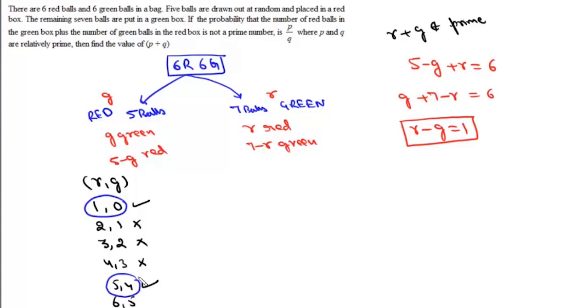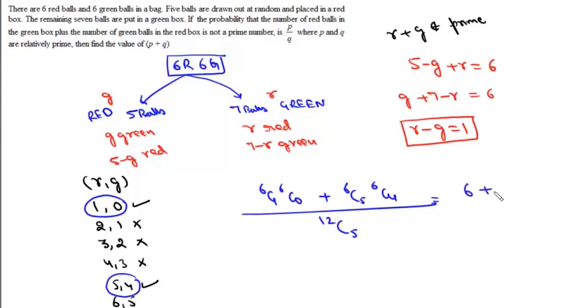Now we need to find this probability and it is given as P by Q. Now for this, we need to choose 5 balls. So out of 12, we can choose any 5. So it will be 12C5. And the first case, we have 1 red and 0 green. So from this, it will be 6C1 into 6C0 plus here it is 6C5 into 6C4. So this probability will be 6 plus 6